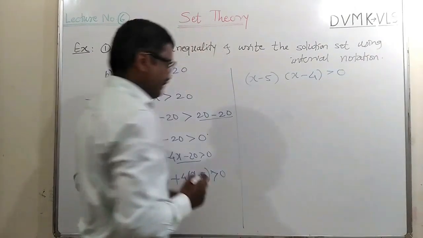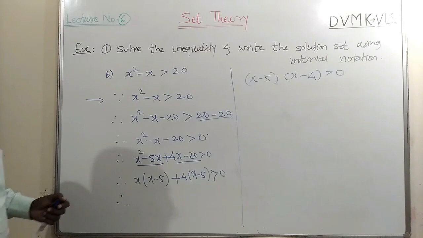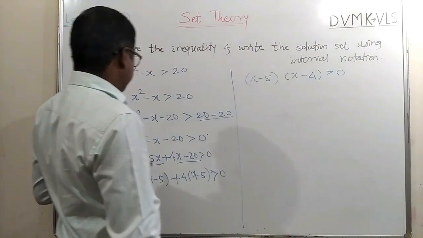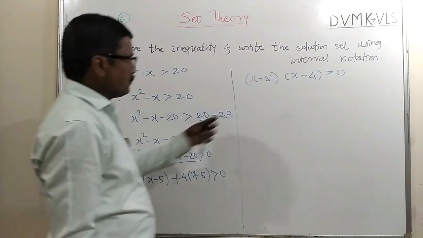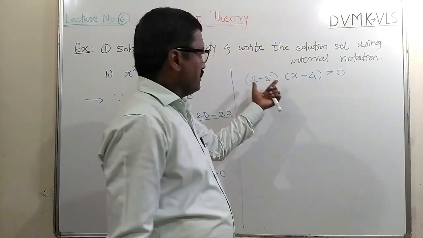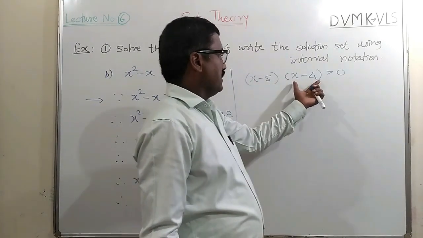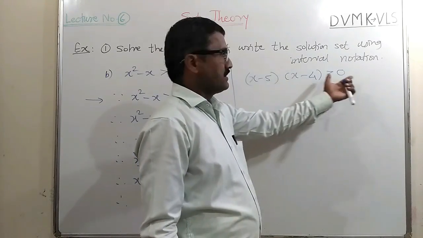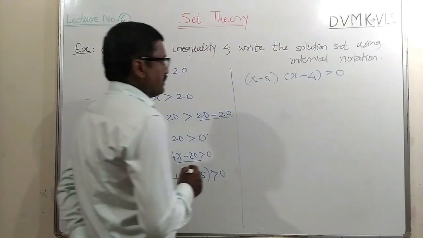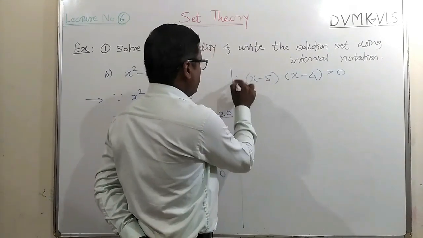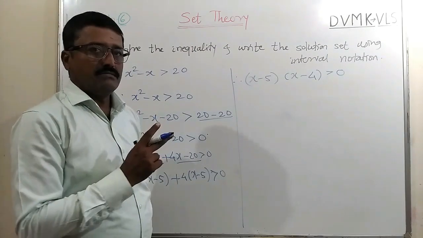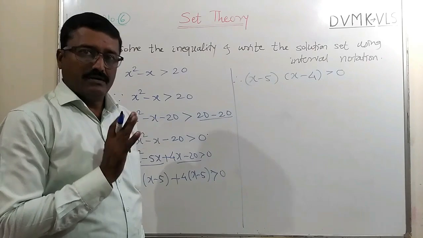Now we have reached an important concept. Here, these are the factors of this expression, and this product is positive. Here is this as one number, this as a second number. So the product of these two numbers is greater than 0. Those are real numbers because x is a real unknown. So the product of these two is positive. A product is positive when both the numbers are positive or both are negative.